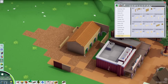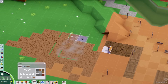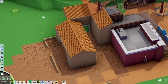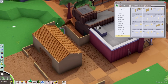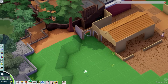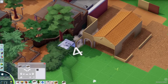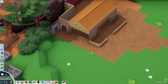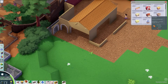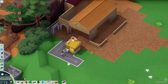So I decided just to rotate it, and I was excited to work on Delzo because I wanted to use the Fantasy roofs that we got, the new ones from the 1.10 update, because I can make them look like tiles. This is perfect. So I was excited to use those. So that's what I did. I used those, kind of figured out the connections between these two buildings, the Westward Ho and Delzo, and then I thought, what food shop should I use for Delzo, and I chose corn dogs because